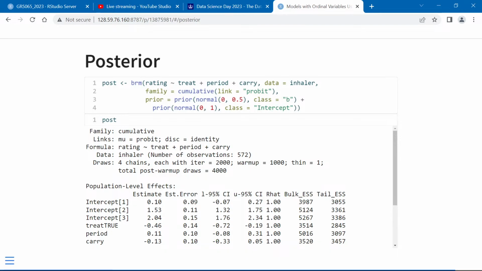I guess there's 4 categories of rating in this situation. We get a posterior mean on the treatment variable that's highly negative. I don't know, but I guess lower ratings were better, as opposed to Uber style where it's 5 stars or whatever. Anyway, one way or another it seems as if there's some sort of a treatment effect, even after adjusting for what period the study was in and some dummy variable for how often you actually carry it. I guess I don't really have asthma, but I suppose they don't